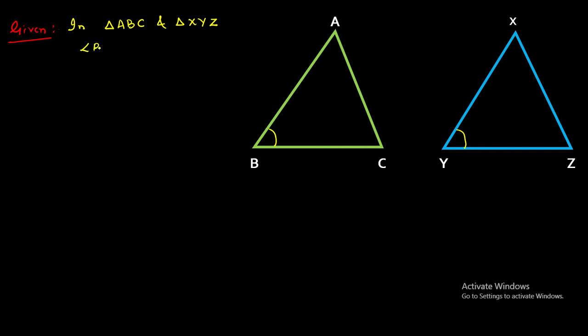So we'll suppose angle B is equal to angle Y, then angle C is equal to angle Z. If we consider BC equal to YZ, then these two triangles will be congruent by angle side angle, and it is already proved. Now let's take any other side among these two. Let's suppose AB is equal to XY. So these three are our given statements,